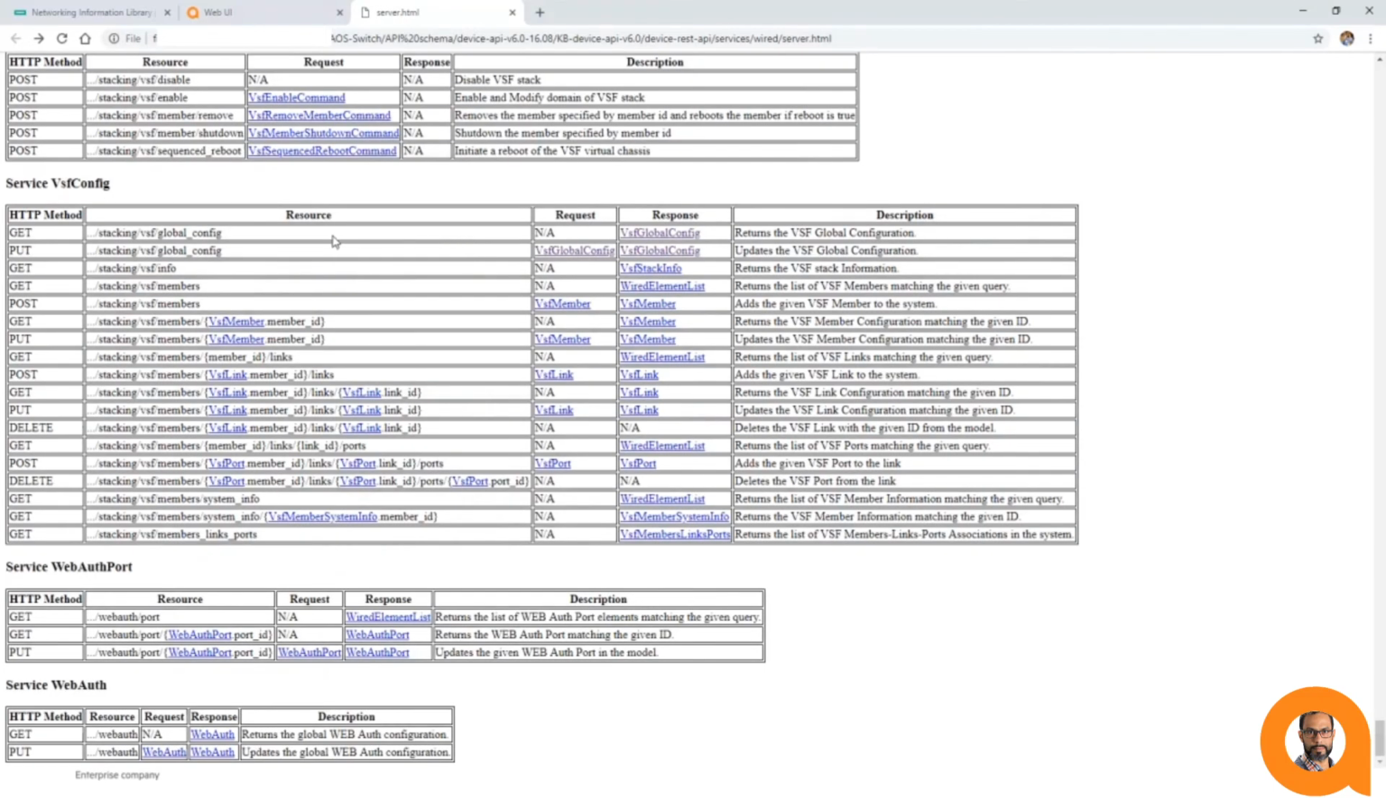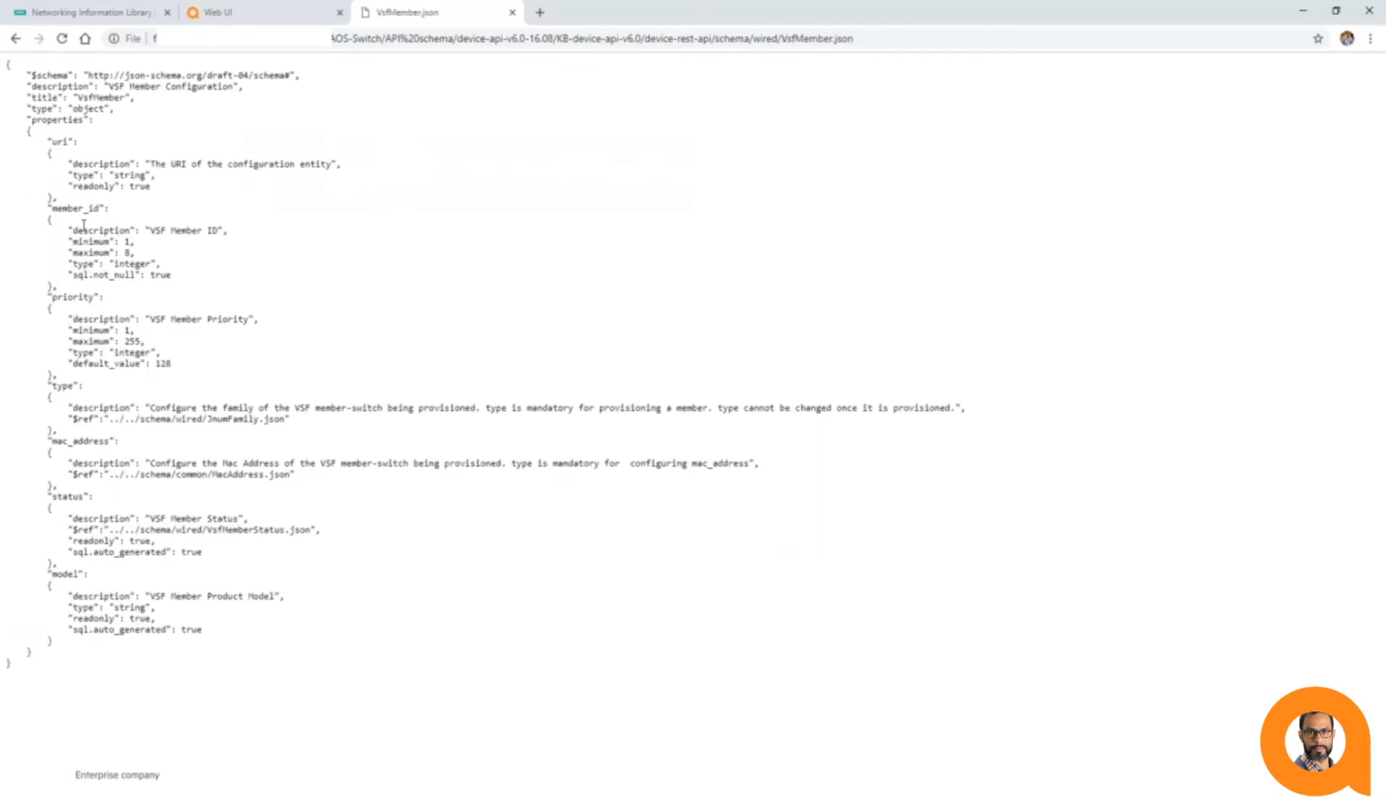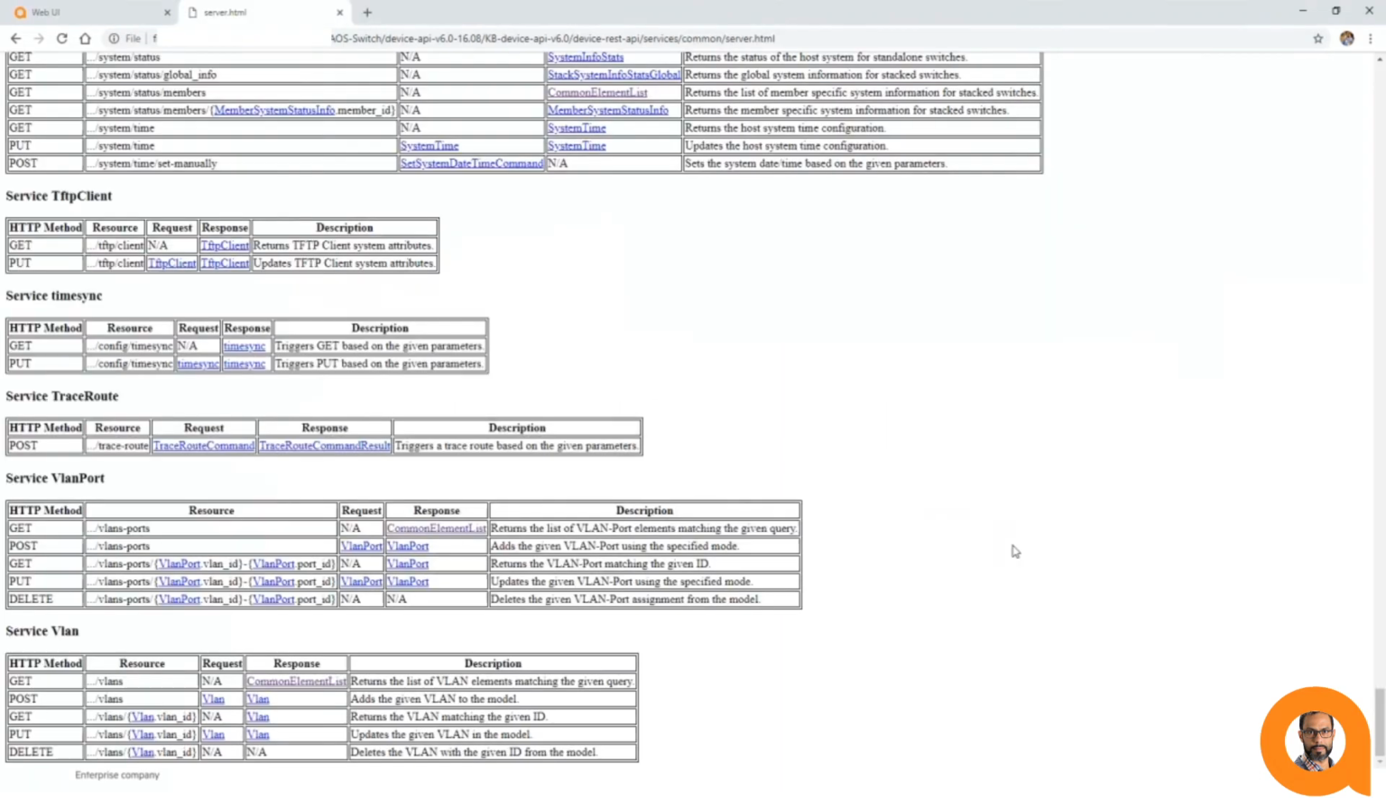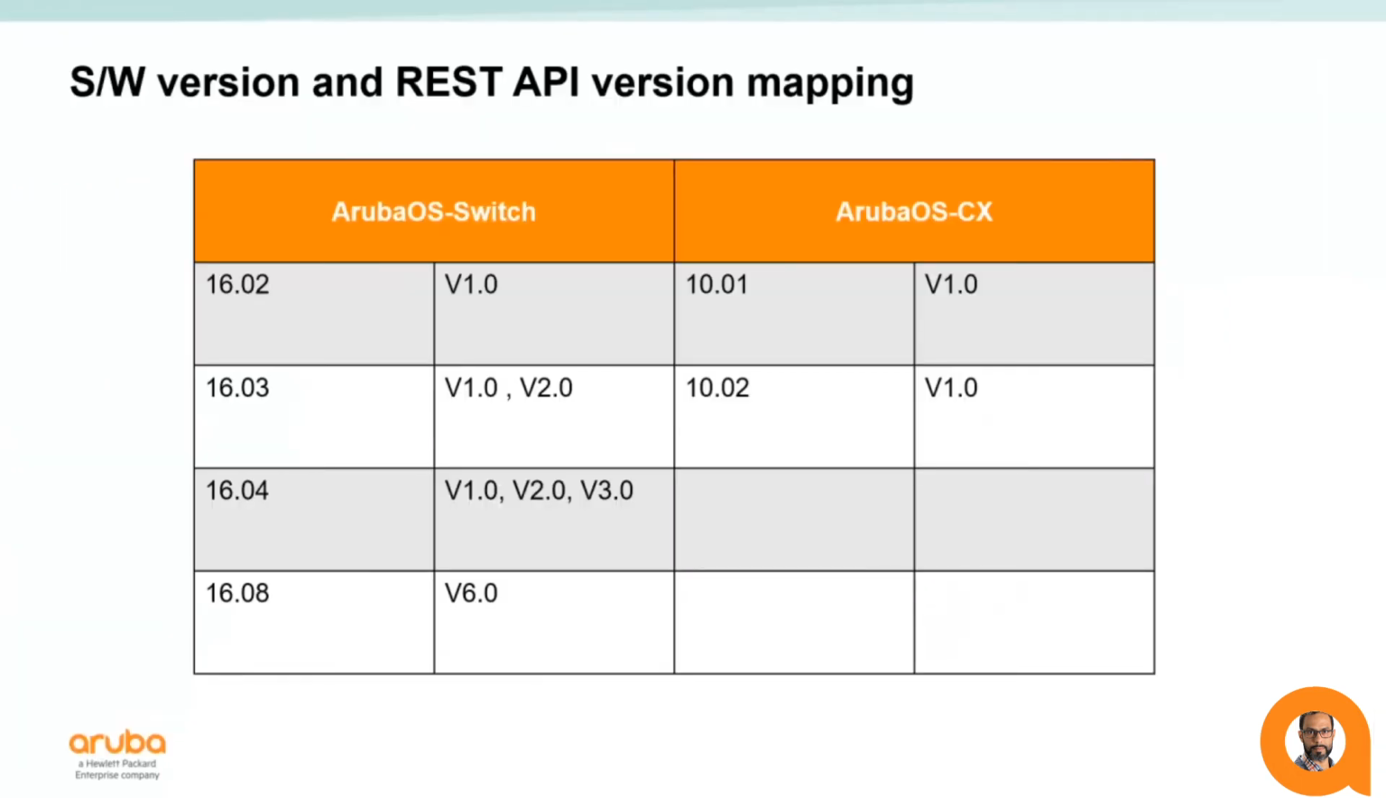And on requests that require data to be inputted, you can see in the schema which data needs to be present and sent in with the request for the request to be successful. And here's a chart showing the compatibility between the Switch operating system version and the REST API version. The latest for Aruba OS Switch is 16.08 and the API version 6, with Aruba OS-CX being 10.2 and REST